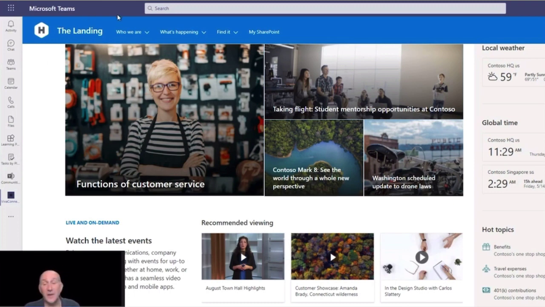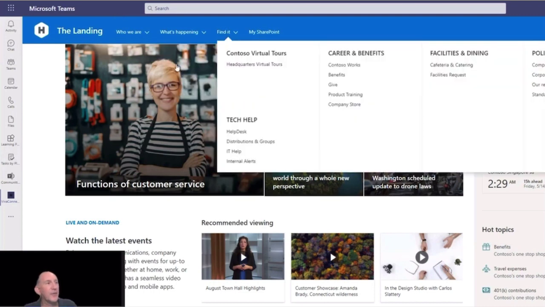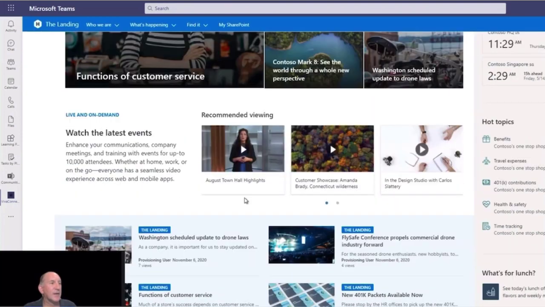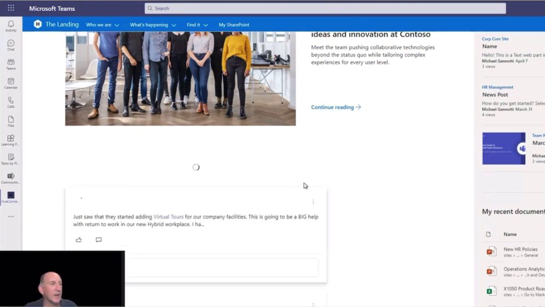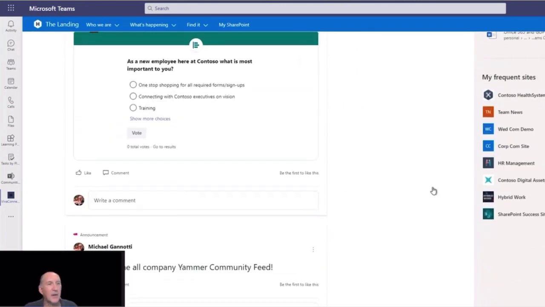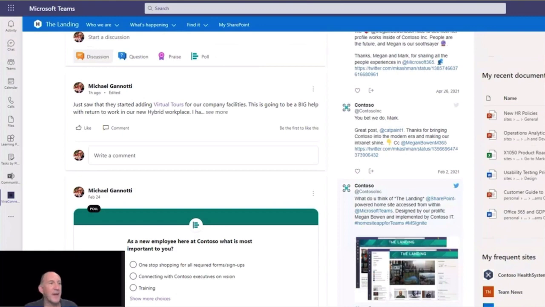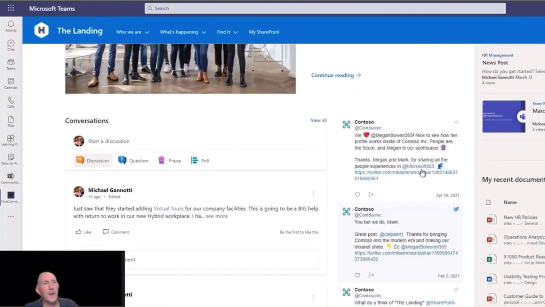So here it is in Teams, and I'm in the web. I'm not even in the thick client. I'm in the thick client here with you, so I'm in a web view. It's still rendering. I could be in Chrome on top of a Linux box. And here I am. I've got, again, a full fidelity view where I can get to all the things that I would expect within that corporate intranet. Here we go, it's rendering some pieces coming out of Yammer. I've got my information. I've even got information coming out of